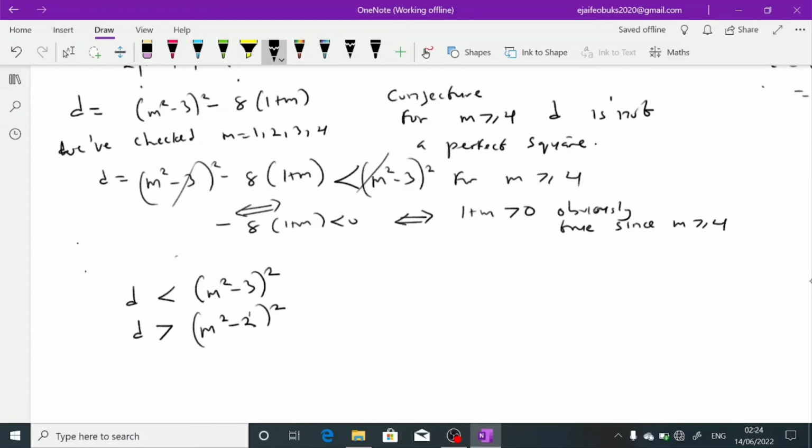We have d is less than this, and the one before this, so d is greater than the integer before m squared minus 3, which I think should be this. So I'm claiming that d is greater than this. So let's check. Now d is greater than this if and only if